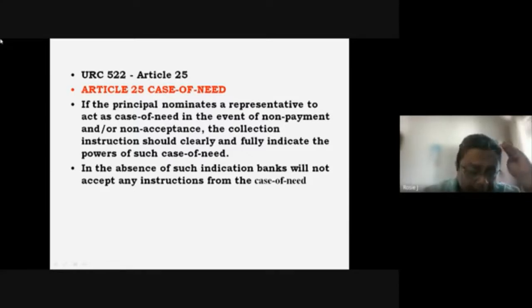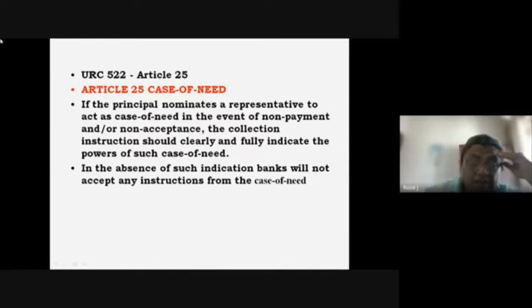Presently, the rules applicable to documentary collections is URC 522, Uniform Rules for Collection 522. So all the banks doing collection normally subscribe to this, and they say all their collections have to be handled in line with this publication URC 522, which makes it convenient for everybody to say, no, this is the law, right? So that there will be no misinterpretations and misunderstandings and no problem. So in these articles of